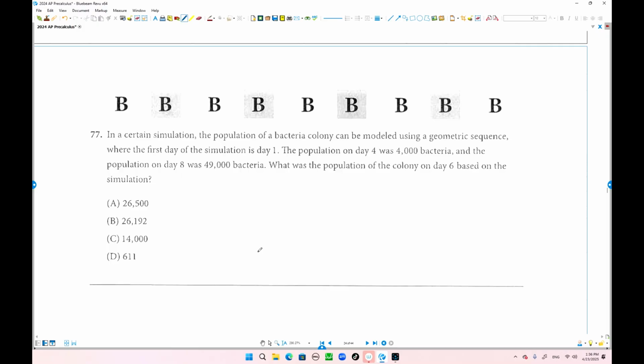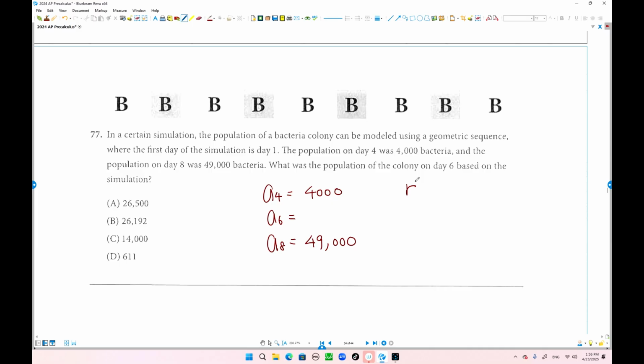Day one. Starting from day one, day 4 is 4,000. So for day 4, I'm going to use A4. A4 is 4,000. Day 8 is 49,000, a lot. But what are we going to find? Day 6 over here, right? How can you find this one? This one, 4, 6, 2, right? Every term